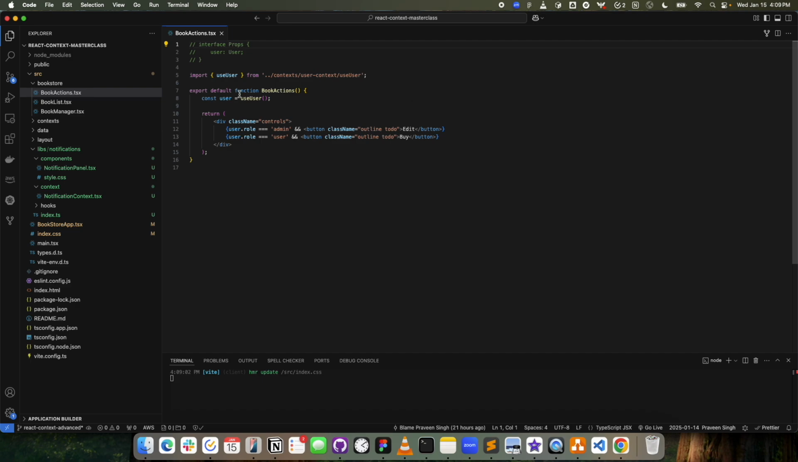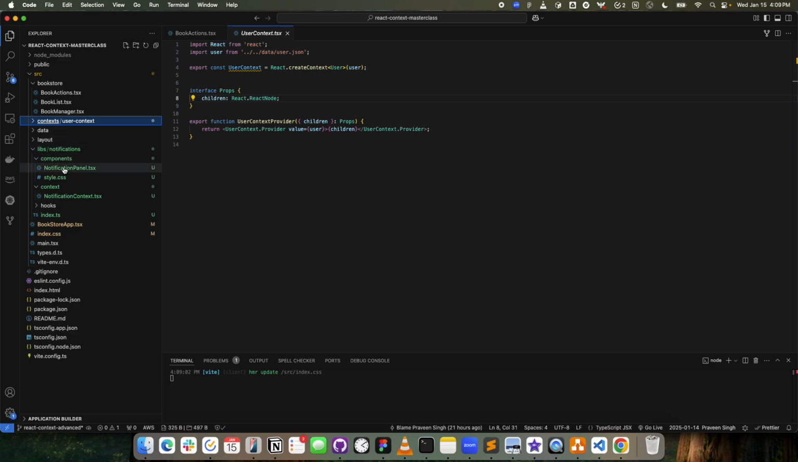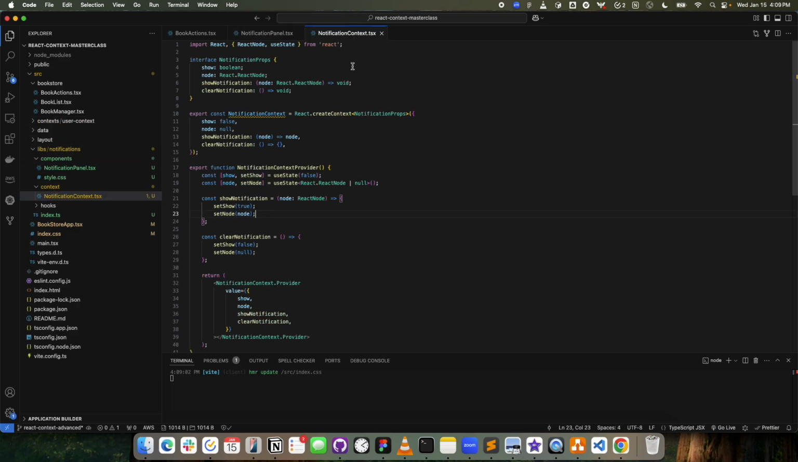So first, to get the context, we already have our notification context in place, right? Now, just like in our basic part of it, either we can use context directly in each component, or we can create some helper hook. So I'm going to create a custom hook to expose the whole notification context. So we will say use notification